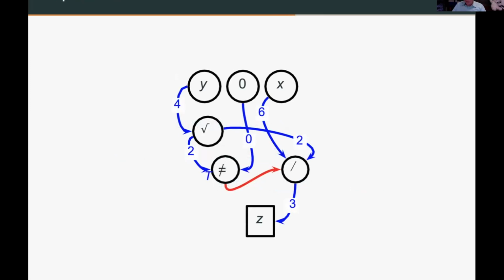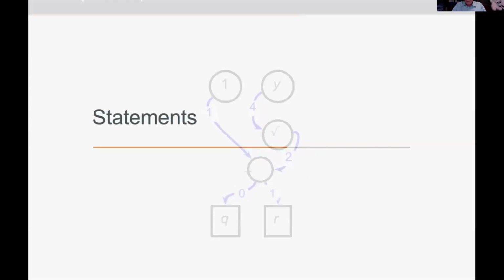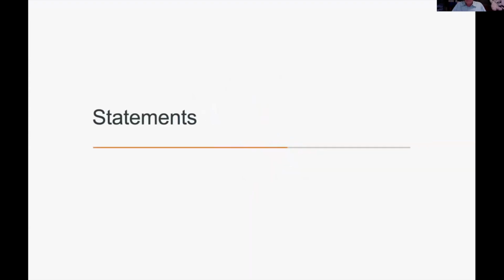What's happening here is that the value of the square root of y is going to two places. Out of the square root, you have two blue arrows. You're using that value both for the comparison, whether the divisor is going to be 0, and for the divisor itself. So you read once and you use it twice. More generally, you might have an operation with two outputs. So you do division here, you might have both the quotient and the remainder. Or you do square root, you might have both square roots.